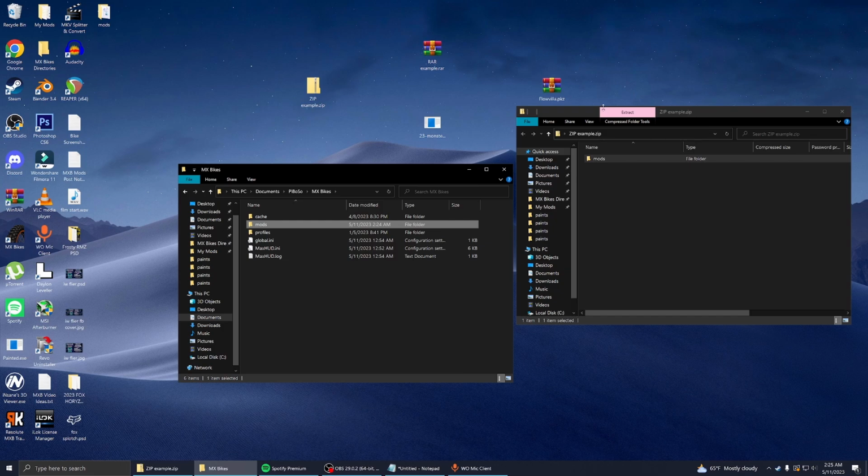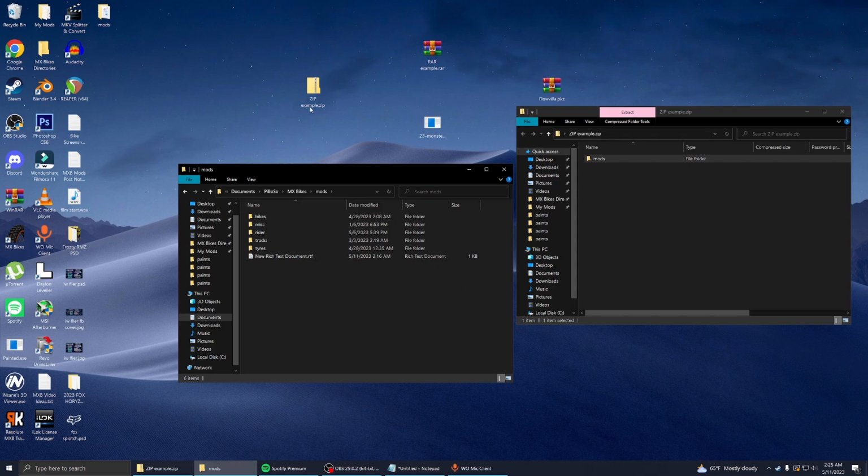Sometimes whenever you download a mod and it's either a zip or a RAR, the folder inside here might be called Rider or Bikes instead. Whenever that happens, you just go into your mods folder here, and you see the Rider folder and the Bikes folder, and you just click and drag that into here, and boom. That's how you install a mod that's usually in a bundle.